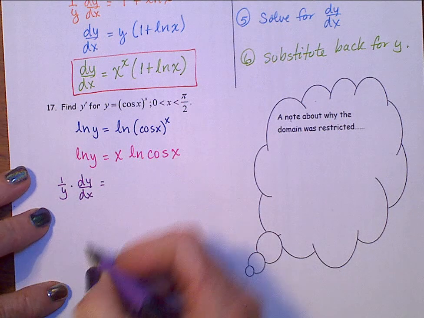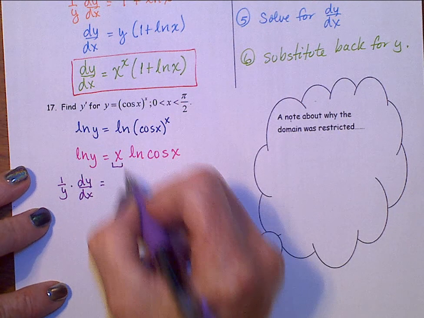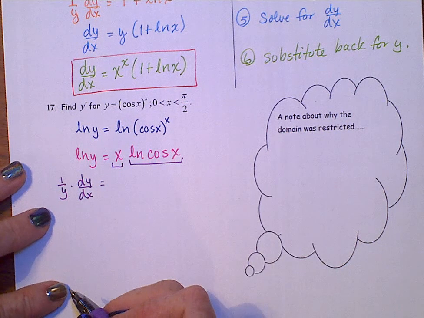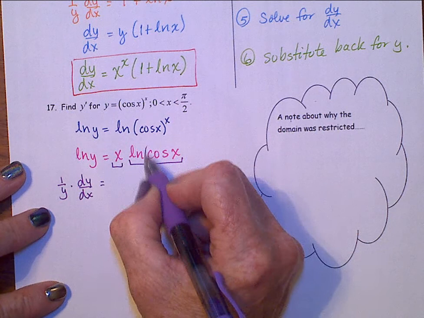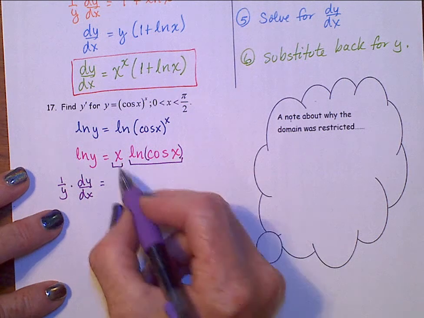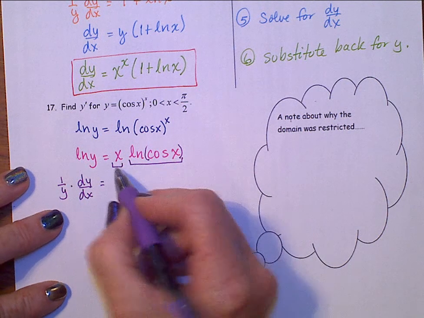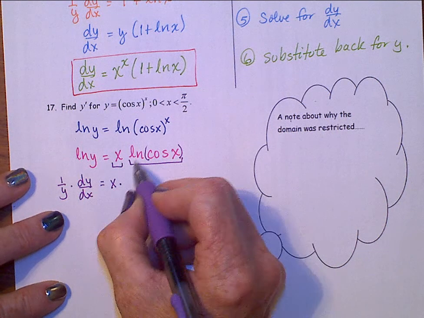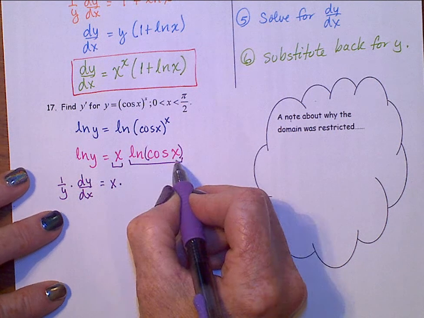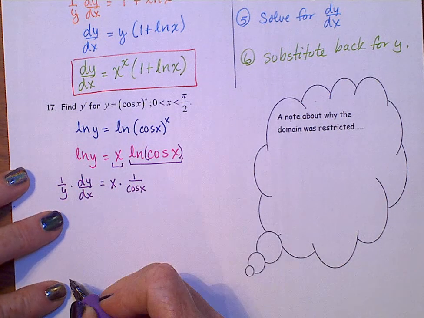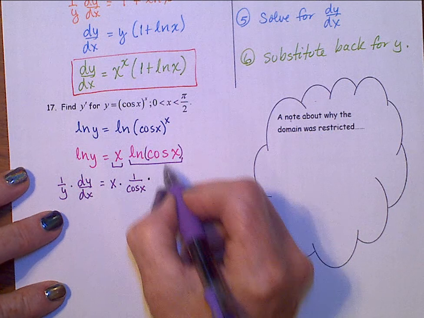On the right, we have a product rule, x and the natural log of cosine x. It might help you if you put parentheses around that cosine x. Then you'll see that that cosine is on the inside of the natural log. And when we do this derivative, again, product rule, first x times the derivative of the second. And the derivative of the natural log of cosine x is 1 over cosine x times the derivative of cosine,